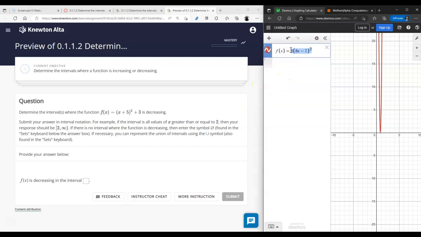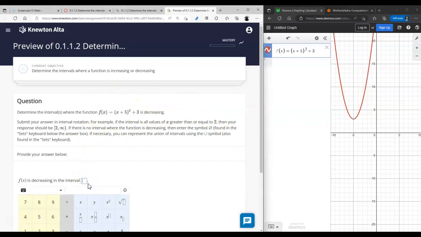Well, let's type the equation of the function, and let's see where it's decreasing and where it's increasing. This function is a parabola, and it's decreasing on the interval from -infinity